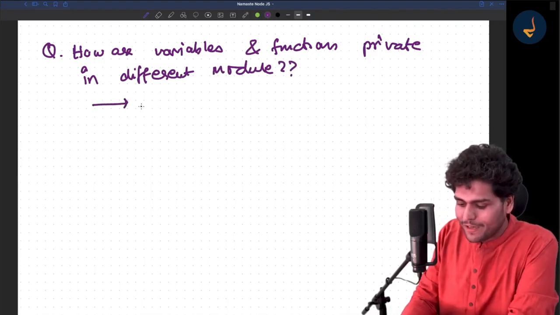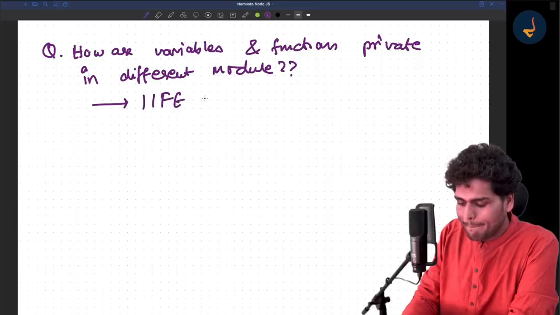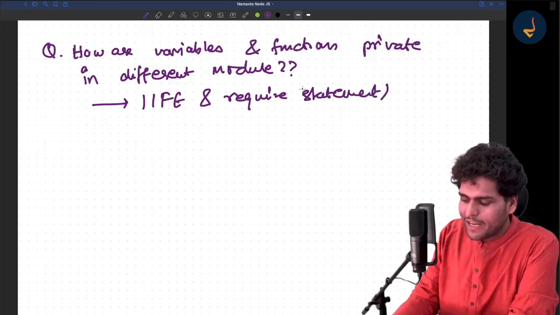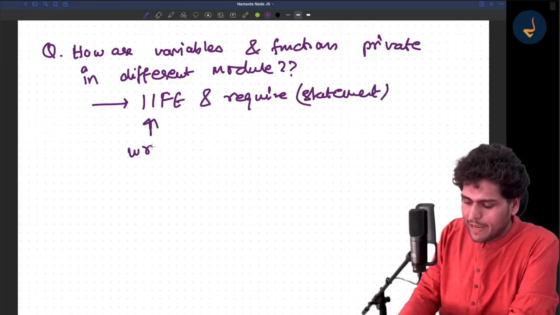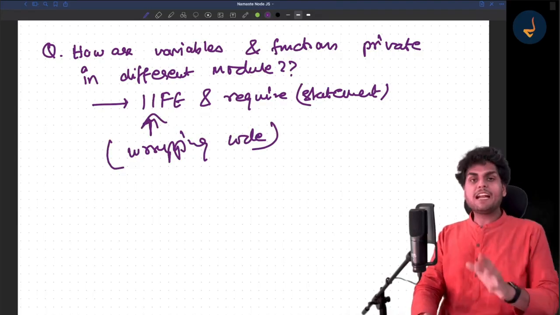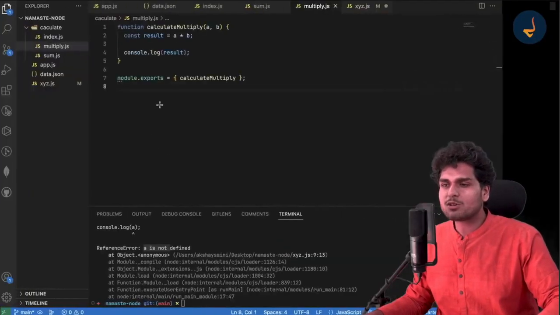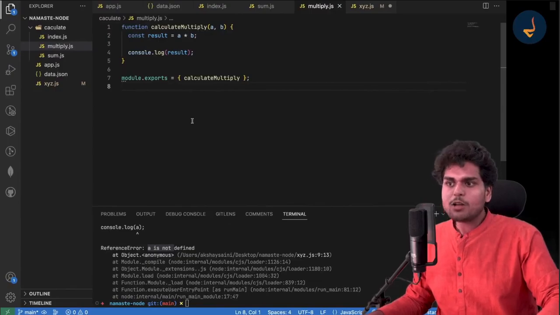Because of IIFE. The answer is IIFE and the require statement, right? The require statement is wrapping our code inside an IIFE, right? So this is a very important question and a very small thing that you should realize. Now the other question is,